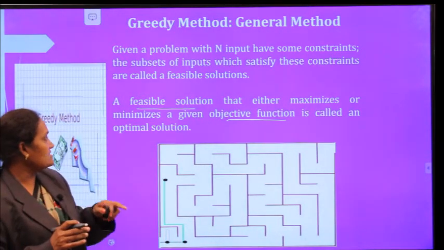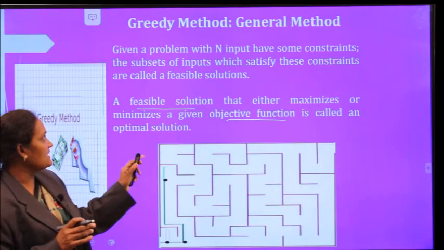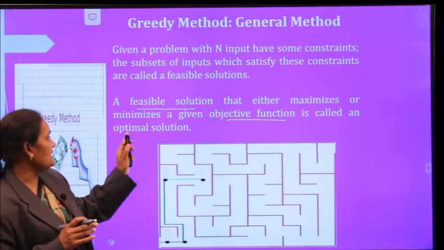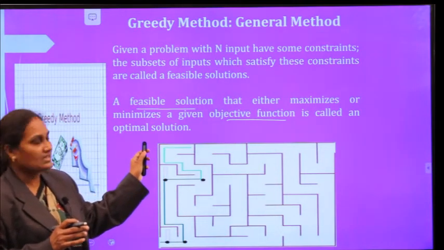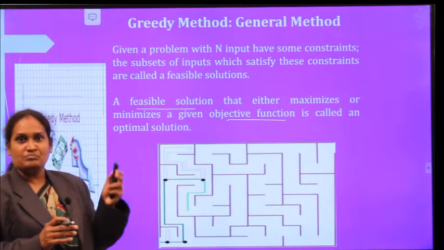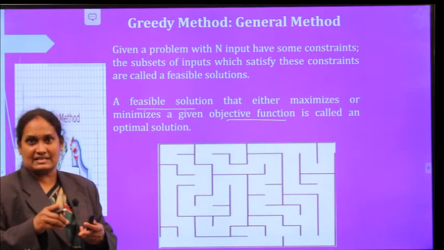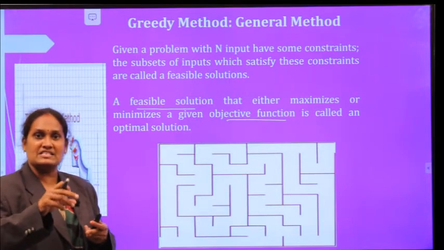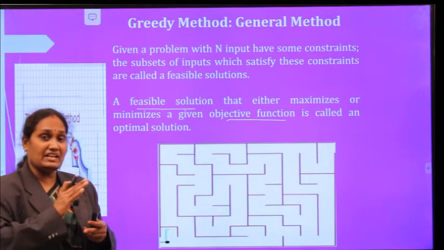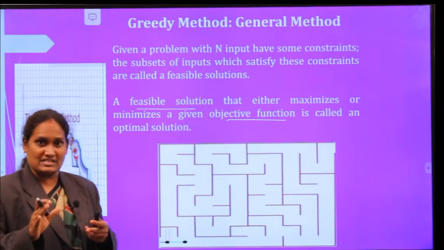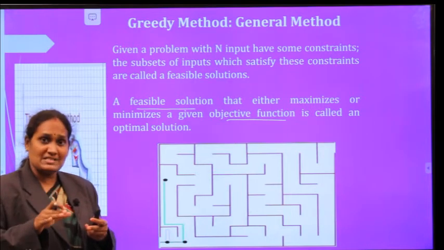Here you have to understand two terms: one is feasible solution and the other is optimal solution. What is a feasible solution? The subset of inputs which satisfy the given constraints is called a feasible solution. But every feasible solution is not an optimal solution. What is an optimal solution?